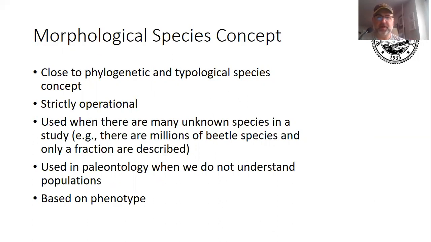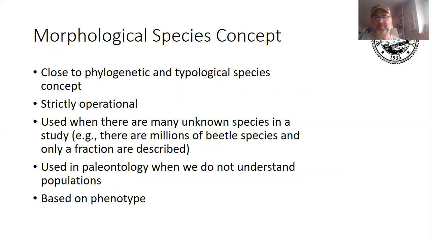We also use the morphological species concept in paleontology because we don't know anything about the ability of dinosaurs to interbreed as far as I know, for example. I don't want to just say dinosaurs, things like trilobites. So what we do is we define a species by a number of traits. And if you find a fossil that has those traits, it's that species, right? So this is how we know